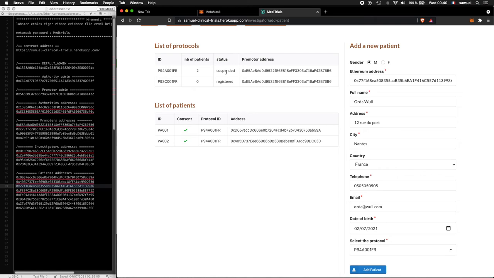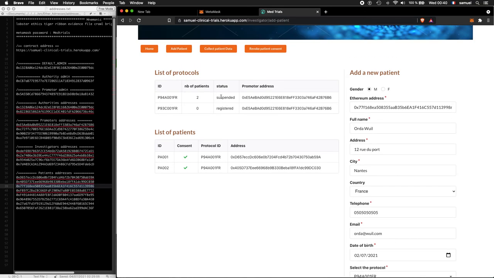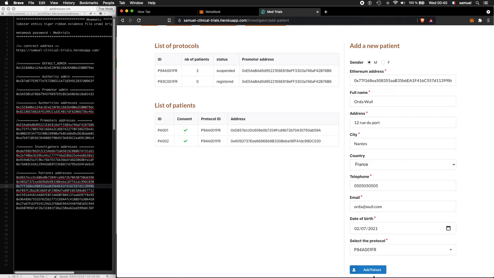So the status is suspended, and we expect that this time, because we have observed some serious side effects, we can no longer add or enroll new patients to this protocol, because it has been suspended. So we select this protocol 94, and click on add patient.